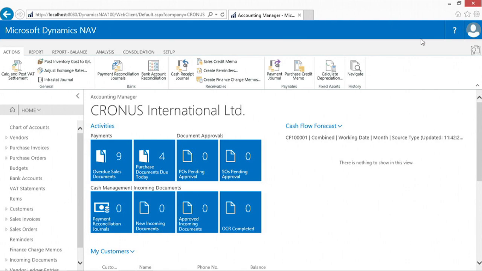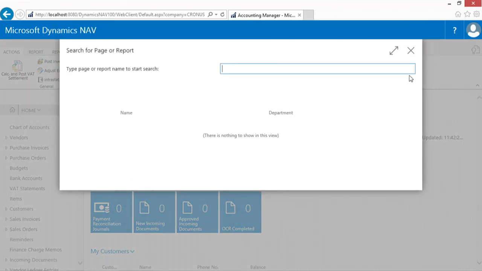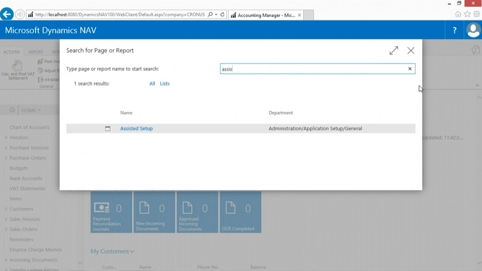Now, another way to set up approvals is using the assisted setup function, in which we can set up the approval workflow based on a wizard. Let's have a look. So the wizard will guide me through the different steps and make it very easy to set up an approval workflow. So if I go to the assisted setup,